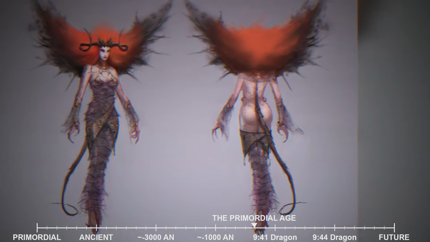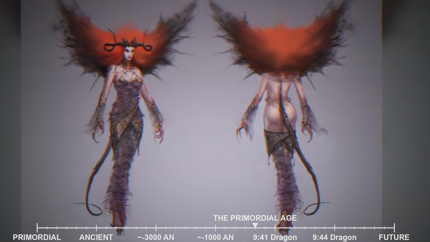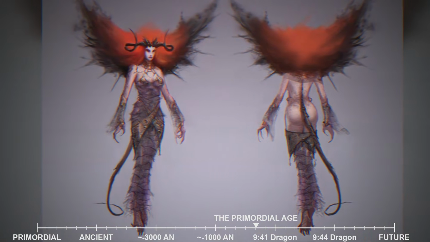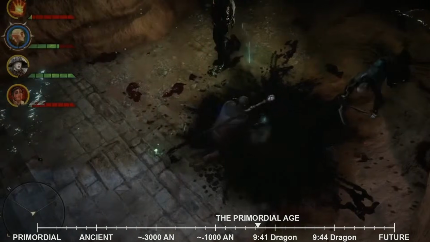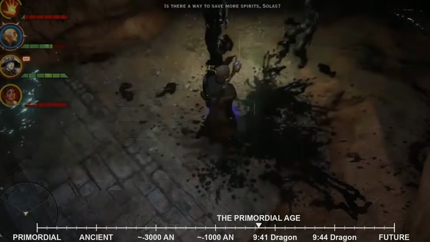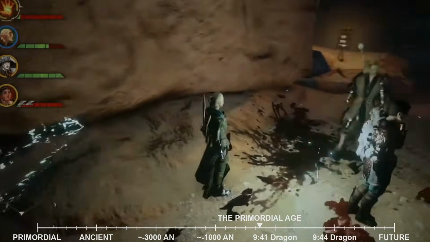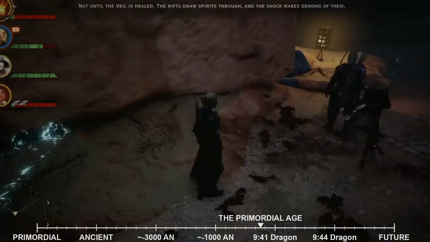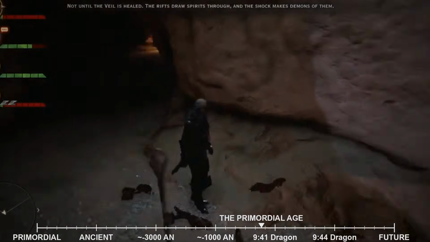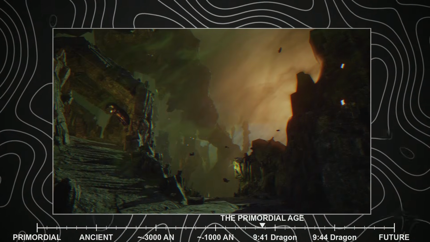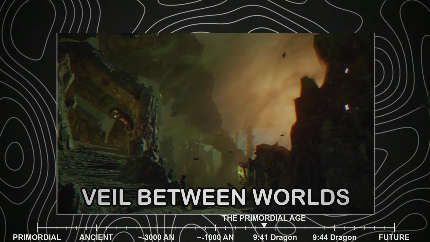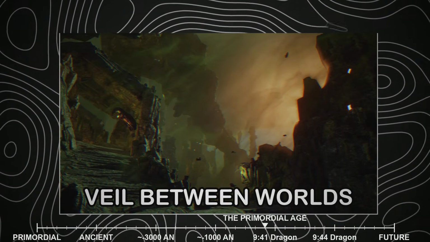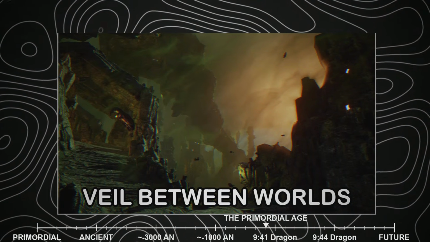The transformation from spirit to demon is not always instantaneous or complete. Some spirits hover in a liminal state, their nature uncertain, capable of shifting between benevolence and malice depending on the emotions they encounter. Others fall completely into corruption, becoming so thoroughly twisted that no trace of their original essence remains. With both spirits and demons now inhabiting the Fade, and with the veil between worlds still thin and permeable, the constant intermingling of Fade and physical reality blurs the lines between what is real and what is imagined.